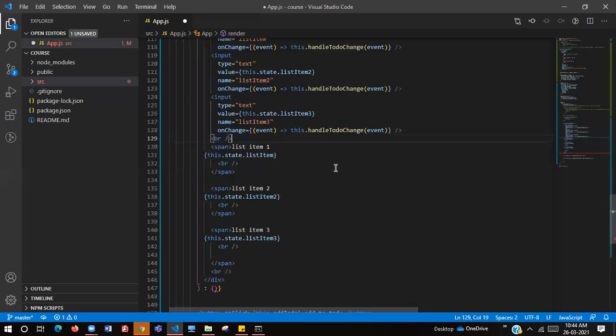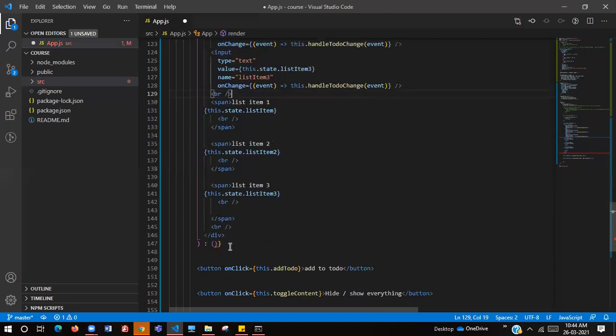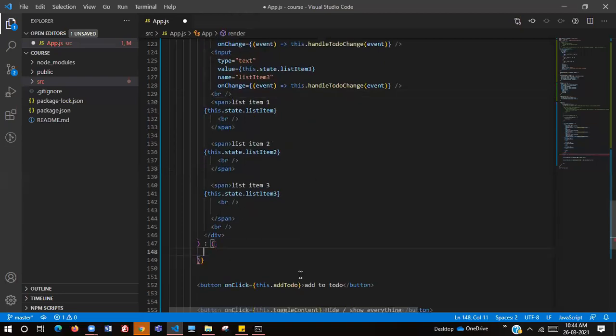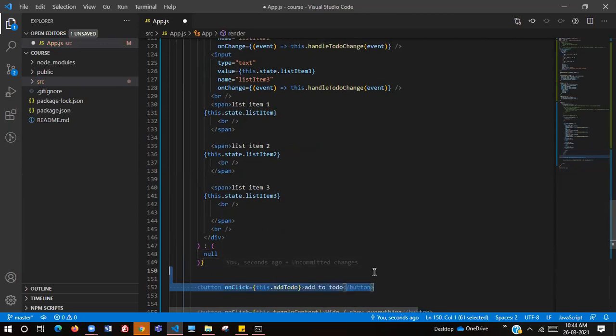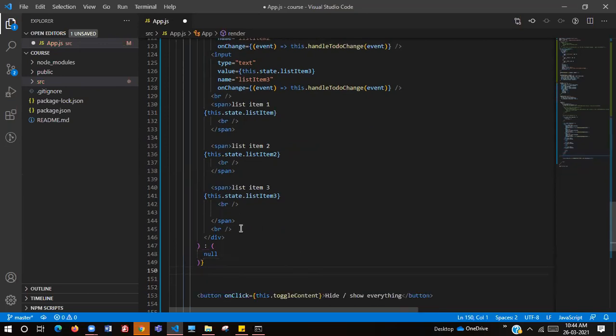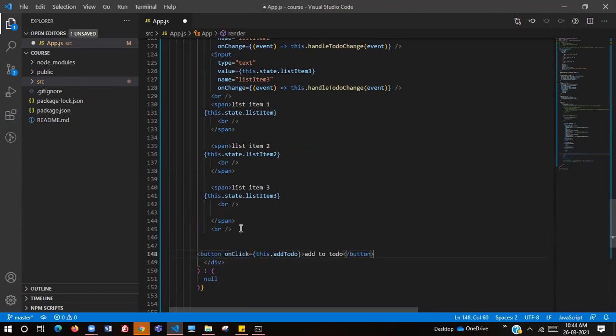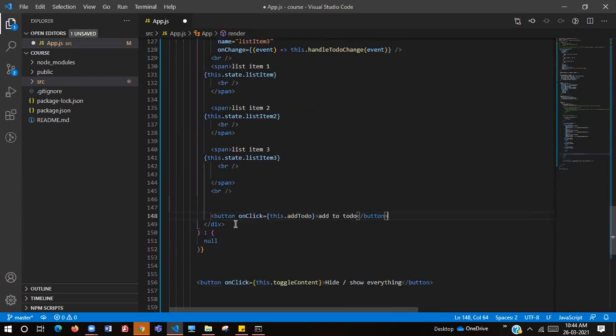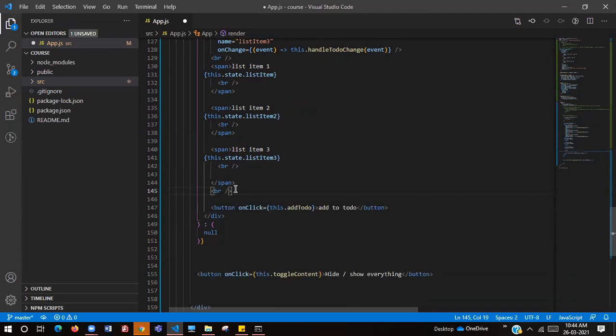And when we don't show that, what do we need to show? Null. Just null, which means nothing. Let's also copy this button and put it over here.